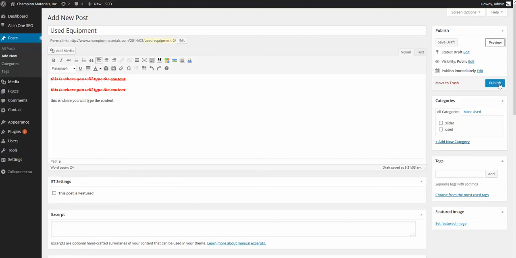Now you have publish here, so when you're all said and done, you're happy with it, you publish it and it'll go to the website. In categories, I have two. Slider is for the front page, for those pictures that slide through. Those can be edited, they can be changed. If you want them changed, I do recommend you contacting me because there is some specifics you need to know